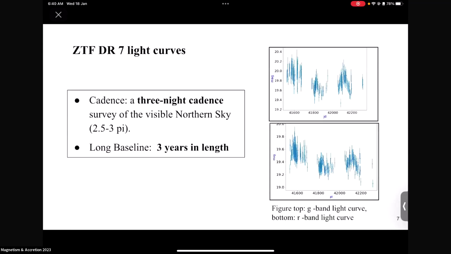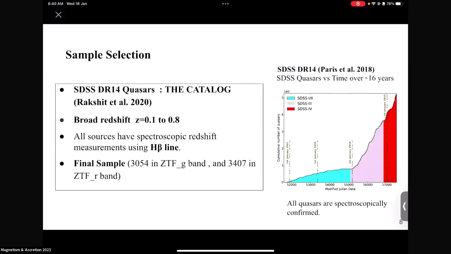For this project, we are using the ZTF data release light curves, which have a cadence of 3 days, and the baseline is 3 years in length. On the top right, this is the G band light curve, and at the bottom, this is the R band light curve. And we need a good sample